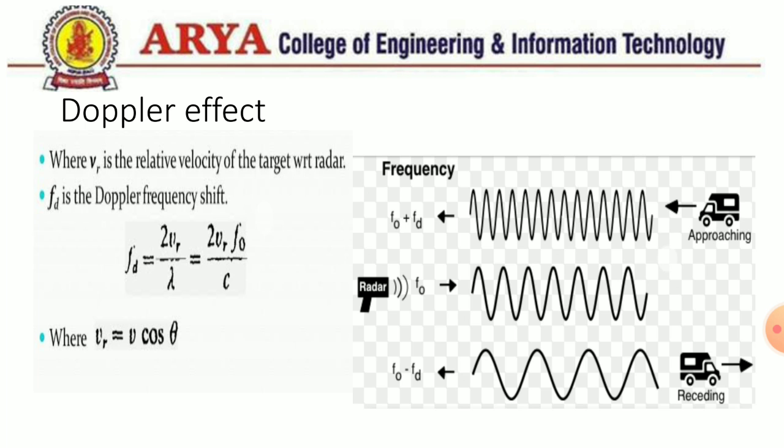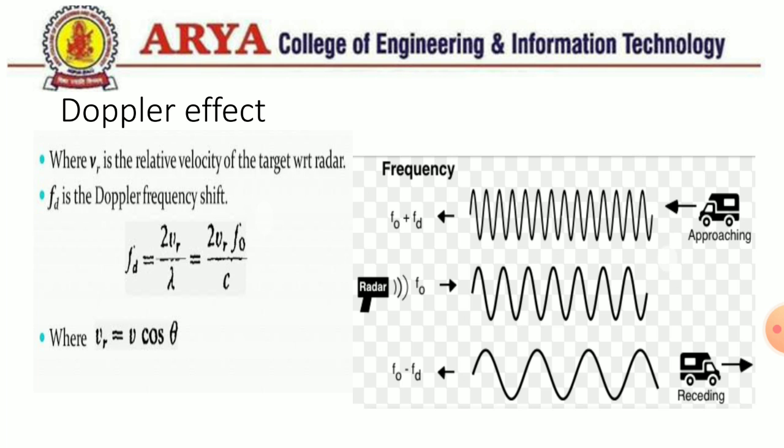If I say the velocity of the target is vr, that velocity will determine the frequency drift. If the target is moving towards the radar, the frequency will be added to the transmitted frequency. If the target is moving far from the system, the frequency will be subtracted, and that frequency can be identified by fd,